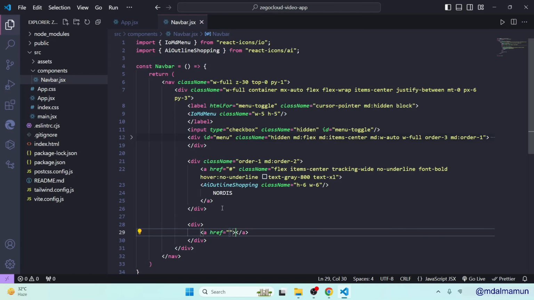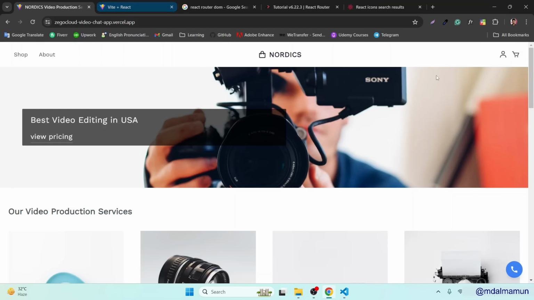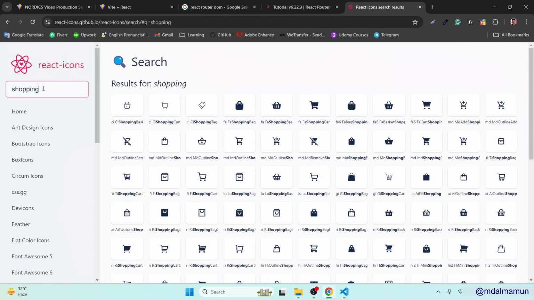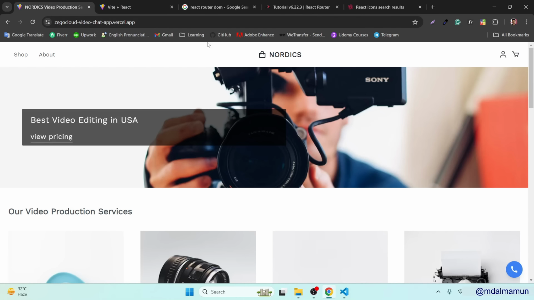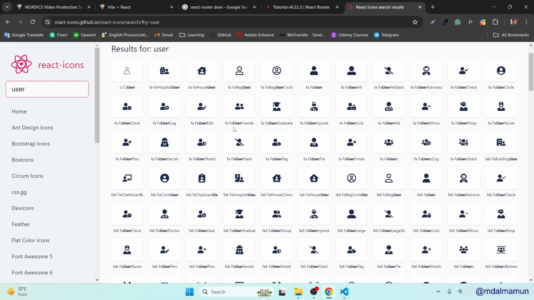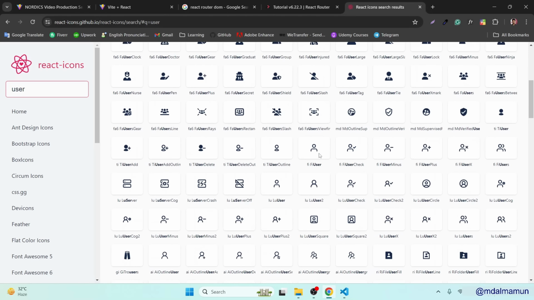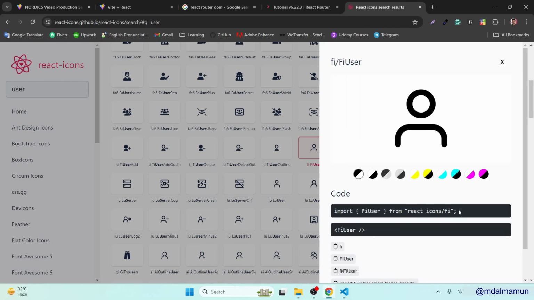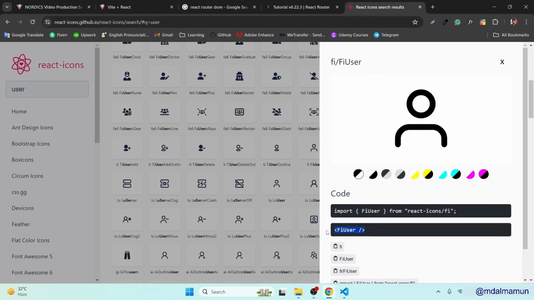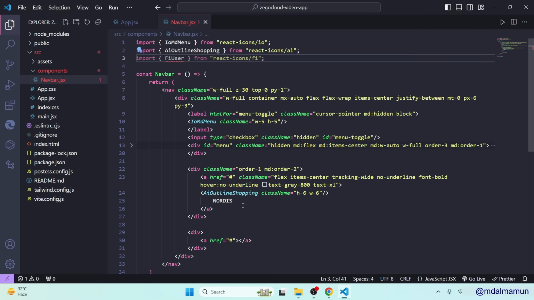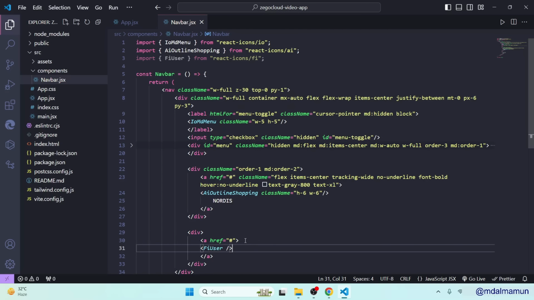an anchor tag. Here we'll have hash. Let me check. Here actually we'll have a user icon. So let me define user. So something like this, which type of user. So user, this type of user. Let me copy it, paste it here, then copy it inside this, we'll paste it. Okay,